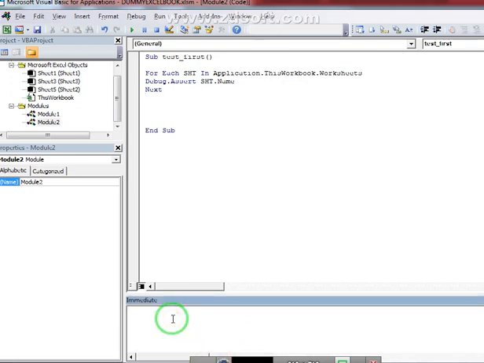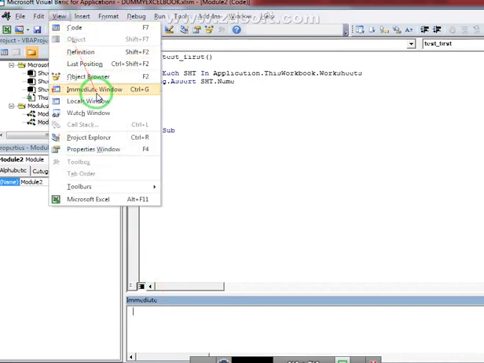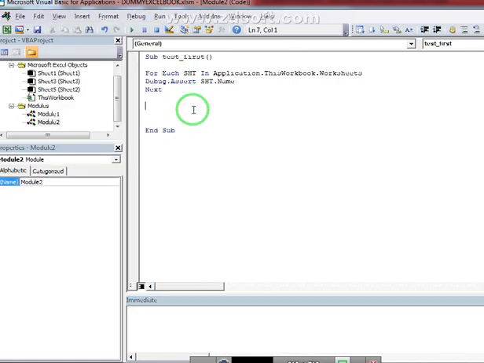If you are not able to see the immediate window, go to the View tab and enable the immediate window. Click on Immediate Window and it will be enabled.